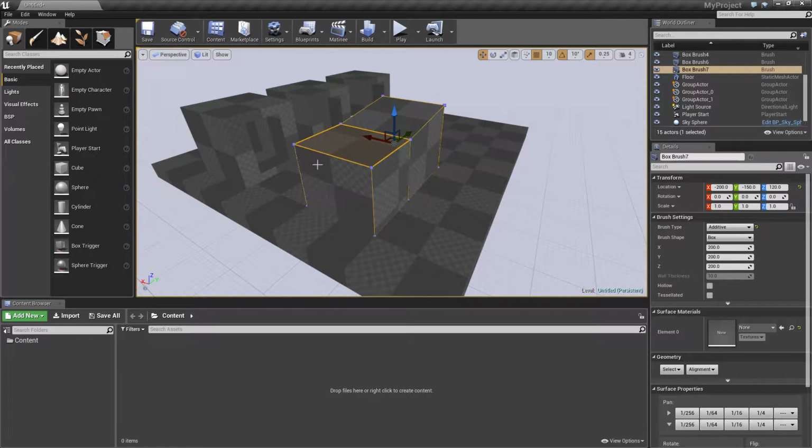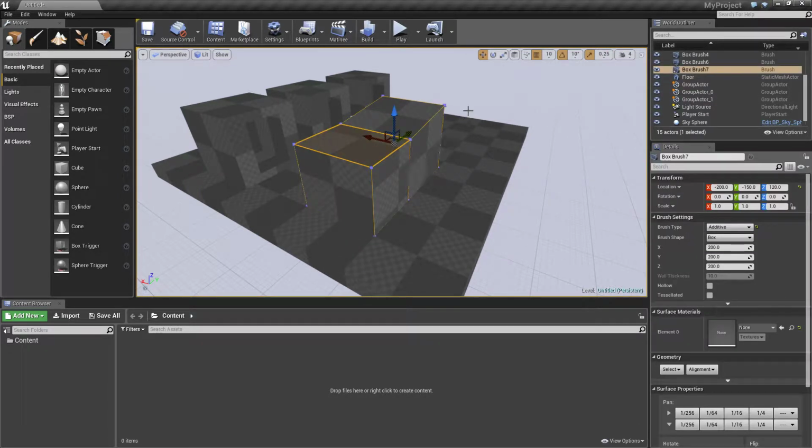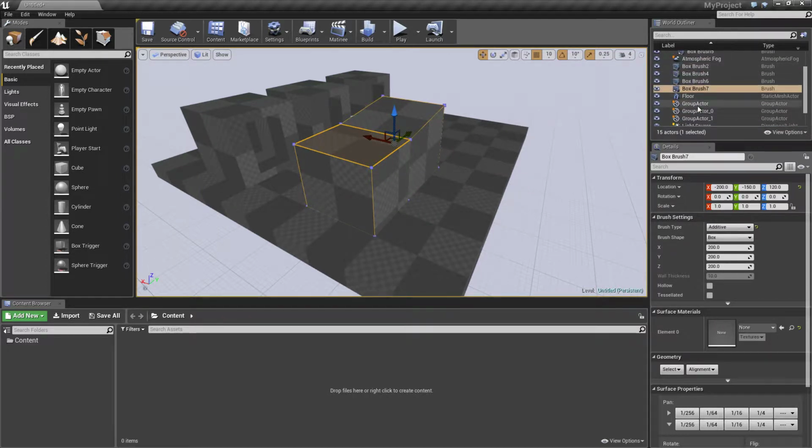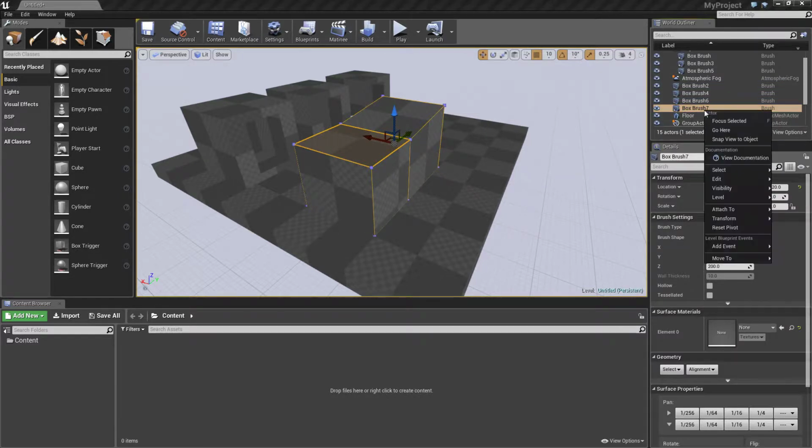If you select your object, right click it, make sure you find it in your scene tab. I'm not sure what it's called, your world outliner or something. It looks like your scene tab is pretty much where everything in the scene is anyway. So click that, right click it, and you can,